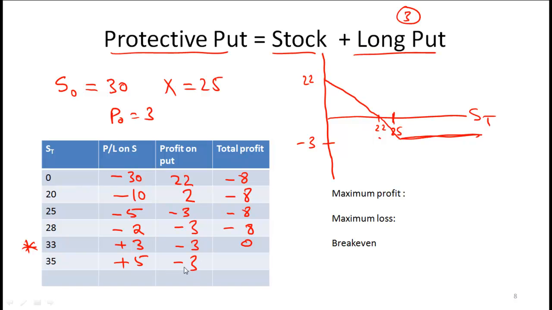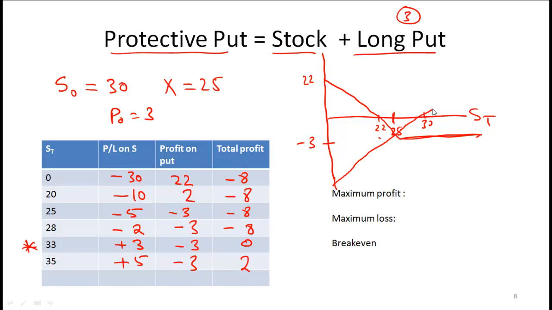The put option is out of the money, so our only loss is the put premium that we paid, and our profit is 2. Now again, in red, I am going to draw the diagram for the stock, and then in blue I will draw the diagram for the overall protective put. So remember, we bought the stock at 30, so that's right here,